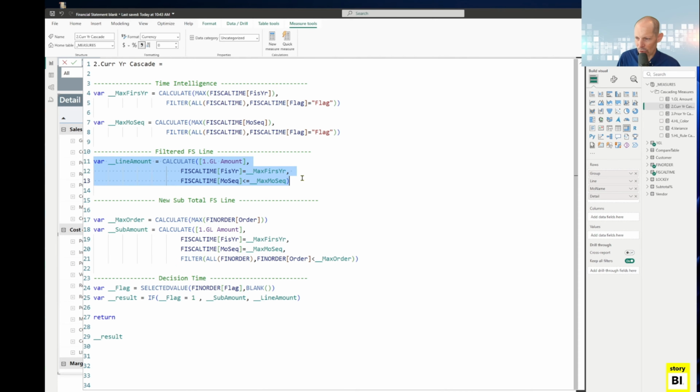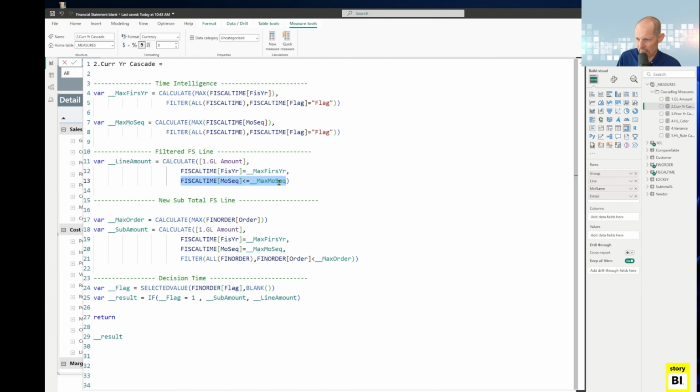This is now where we're creating math where I want to aggregate the total of the amount column in my GL, but I want to, as a developer, get in front of it and hand-build filter tables here. So the first filter table is saying, I'm only interested in amount rows in the GL table where the fiscal year is equal to my current year as defined up here. I've got the current fiscal year, and then the second filter here, which I'll remind us evaluates to a table